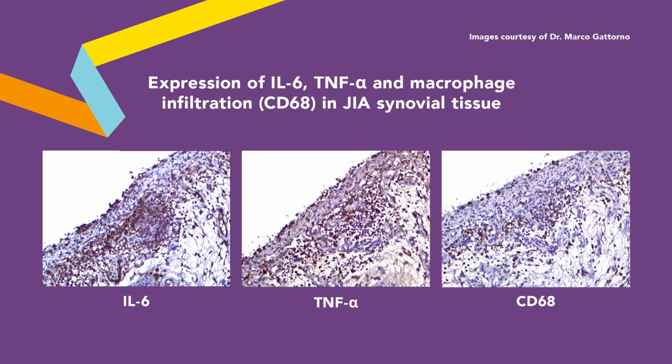And you can see here a slide with the expression of IL-6 in the synovial tissue of patients with polyarticular and oligoarticular arthritis. But one of the most striking effects of IL-6 is seen in the systemic form of juvenile idiopathic arthritis, in which there are very high levels of circulating IL-6 that correlate very well with disease activity, and